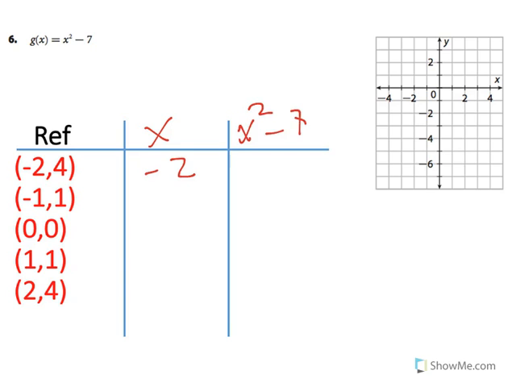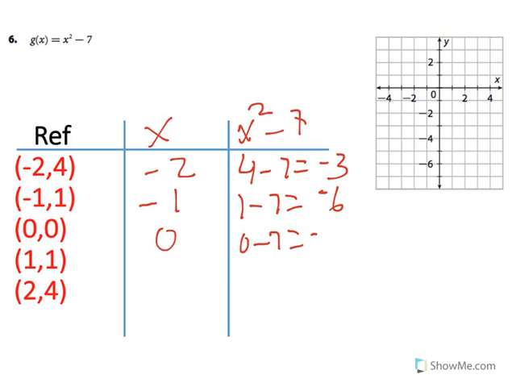So negative 2, or you can do 4 minus 7 gives us a negative 3. Negative 1, 1 minus 7 gives us a negative 6. 0, 0 minus 7 gives us a negative 7. 1, 1 minus 7 is negative 6. And 2, 4 minus 7 gives us a negative 3. Right? So we have